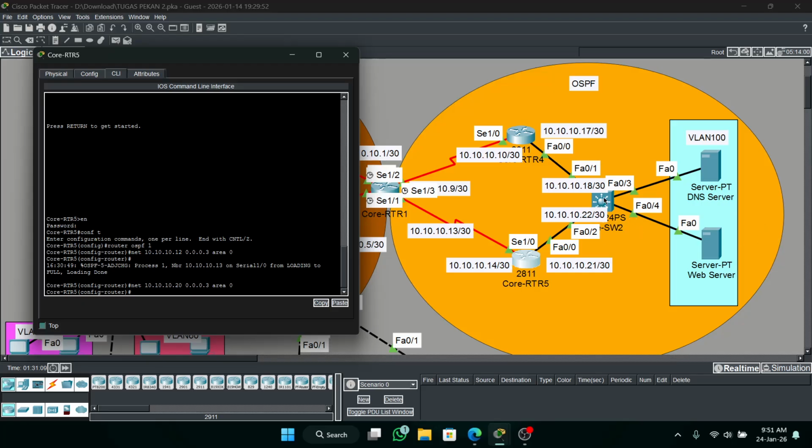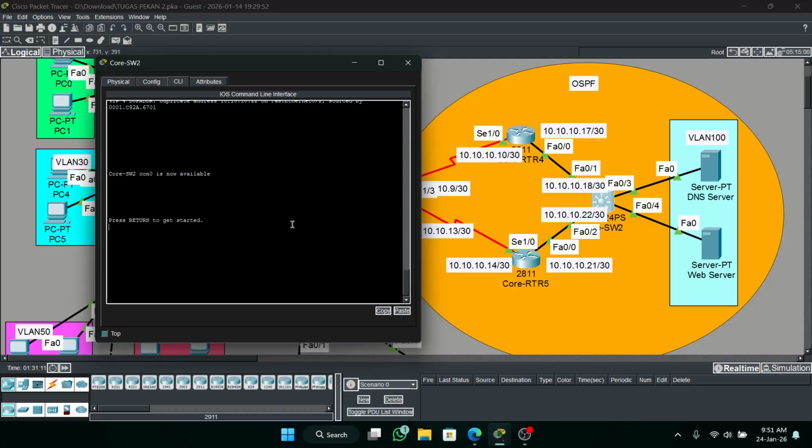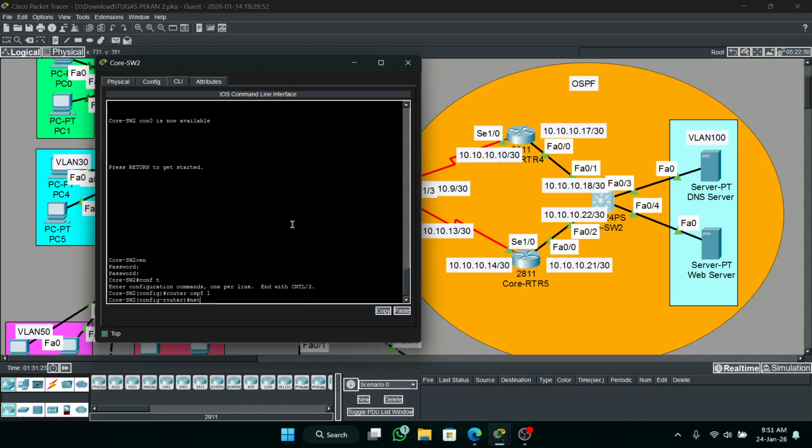Next configuration is MLS. In MLS, enable, Cisco, configure terminal, router OSPF 1, network, add for VLAN 100. No subnet mask, but wildcard mask, area. Okay, area.